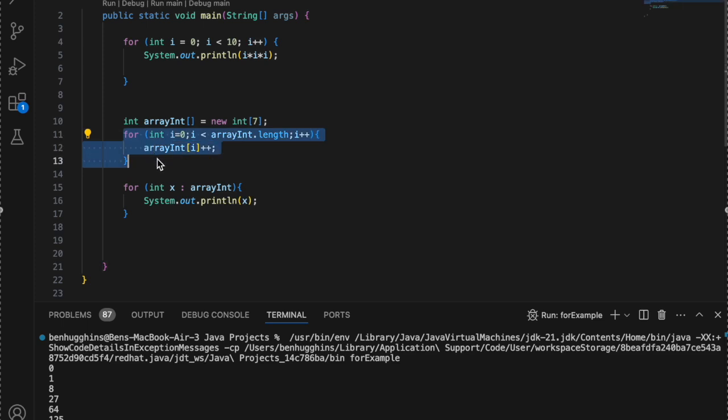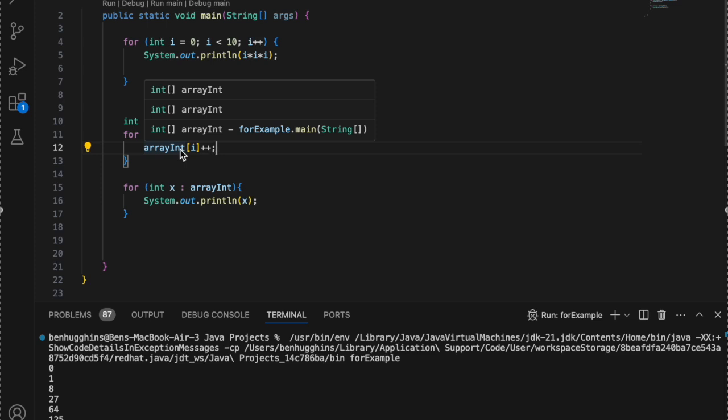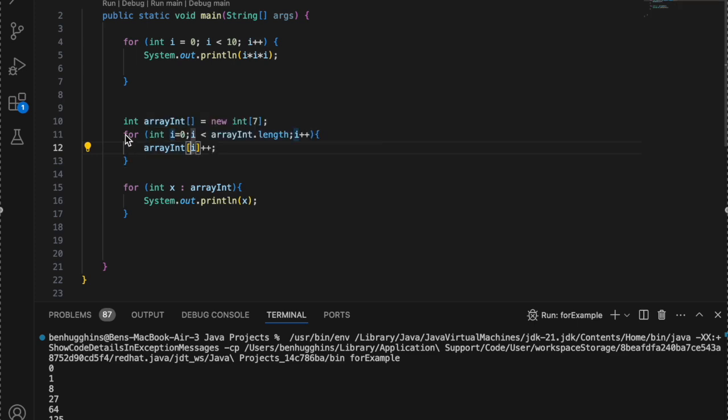This for loop, for example, will go, we can use i as the index for the array, and that way we can check every spot of the array up to the array length, and we can figure out what's in there. We can populate it with something that we want. So this for loop is populating all of them with 1. So it's adding 1 to all of the zeros that were initialized with this initialization right here. And then this one, for example,